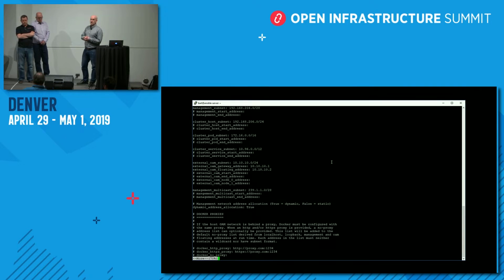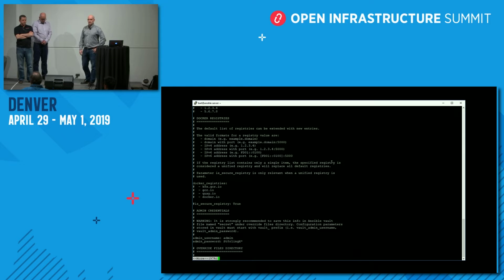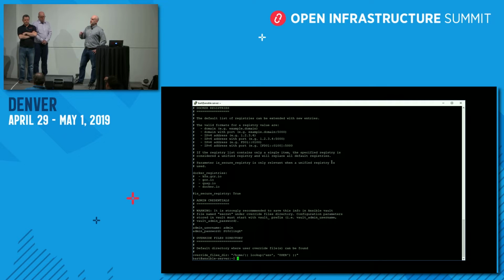Optionally, you can specify a Docker proxy if the target server is behind a proxy. You can also optionally specify a Docker registry if you don't want to use the standard upstream registries. And then also here I've got the admin credentials. Normally those would be in an Ansible vault, but for the demo here I've just got them in the configuration file. So now I'm going to run